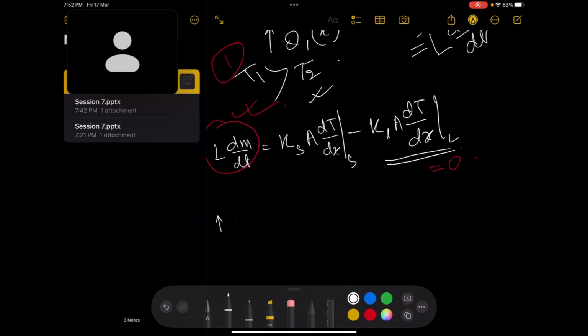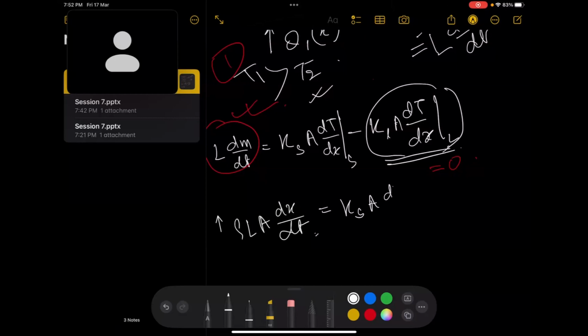So from that you can do rho multiplied by L and area, and then your dx/dt, which is the velocity, being equal to, this is zero, you have ks into A into dT/dx on the solid side. So using that expression, you can find out your dx/dt or vmax,